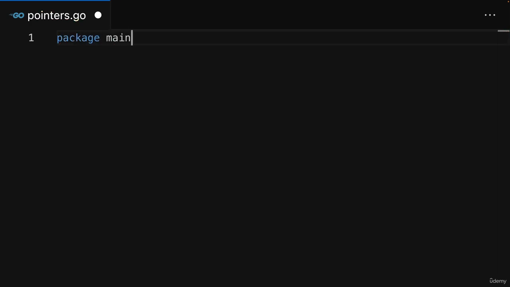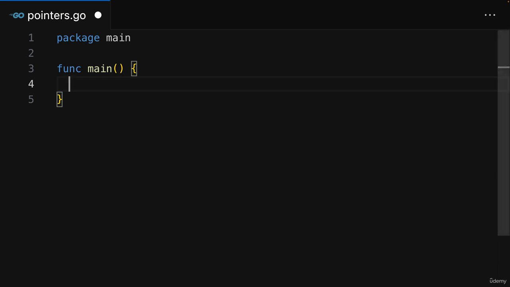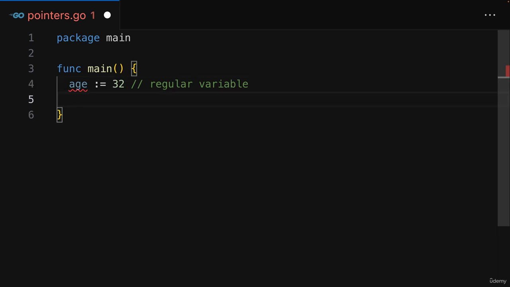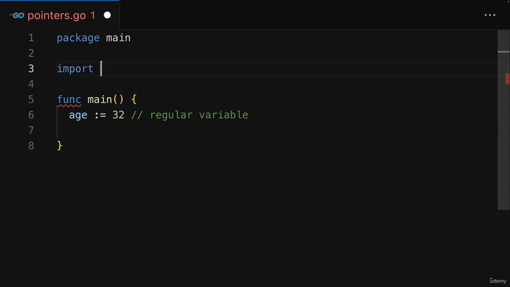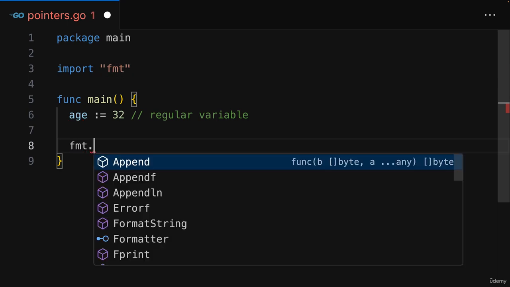And for that, I'll of course add this file to the main package and add this main function, which we always need. And here we can pick up that example from the slide and, for example, add an age variable. So that's now a regular variable, not a pointer, just a normal variable. And this value, 32, now would be stored somewhere in memory, but we don't see its address here and we don't need it. We can now work with that variable, for example, by importing the fmt package and outputting it,